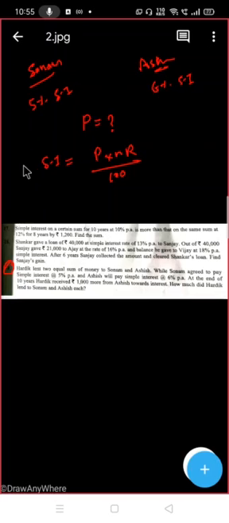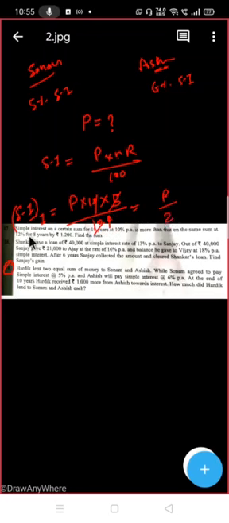Suppose I call Sonam's simple interest, simple interest 1. So it will be P, I don't know, let us keep as it is, N, what is N? 10. And what is R? That is 5%, correct? And divide by 100. So what will this be? This will be 10, 5 by 2, so it will be P by 2. Simple interest will be P by 2 for the first one, and for the second guy simple interest 2,